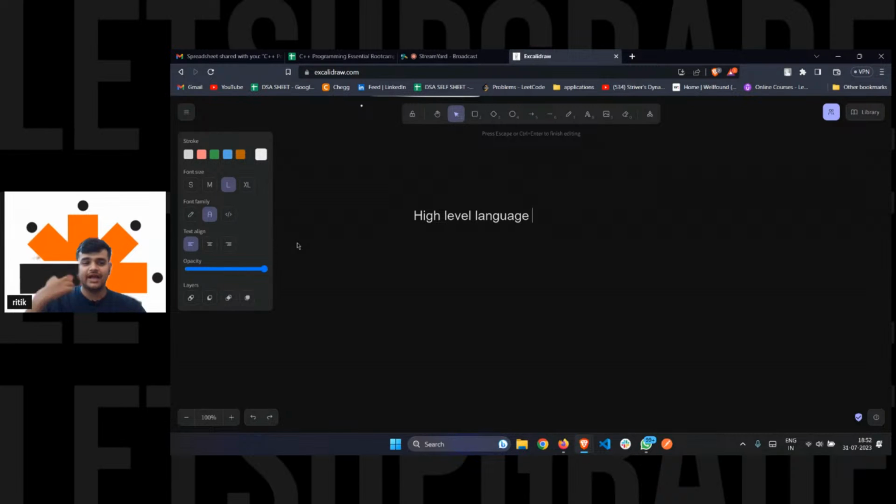You as a person are capable of understanding your own language. If I talk to you in Tamil, I'm sure 90% of the crowd would not be able to understand what I am speaking. If someone typed something in, I think it's Tamil or Telugu, I'm not sure, but it is a language, and I'm not able to understand that.